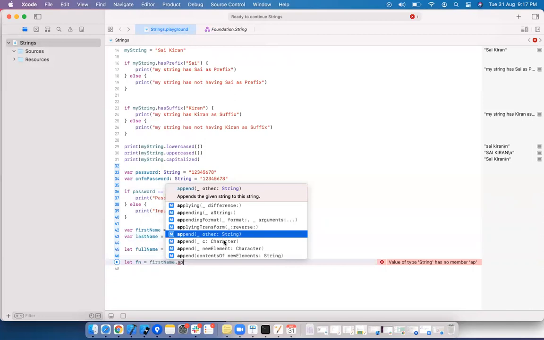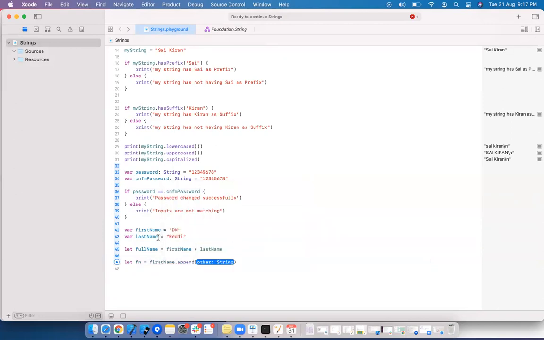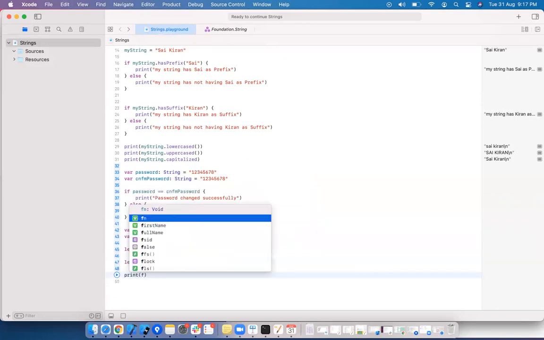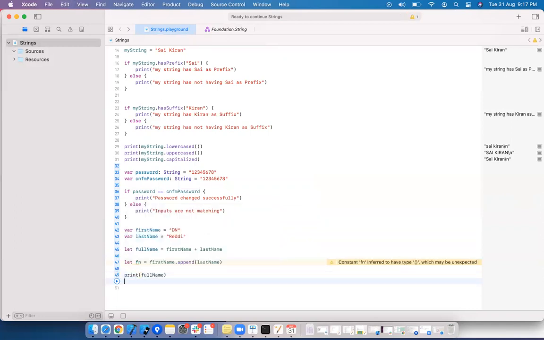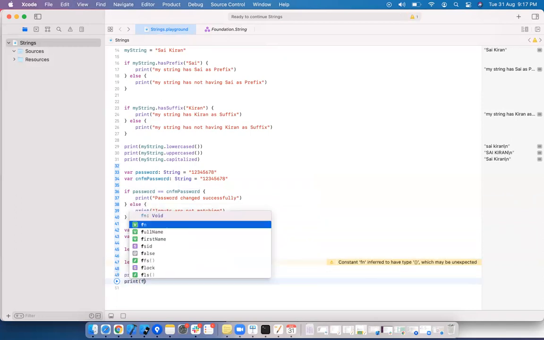So I'm taking this instead of dollars. Here also appending string, it is expecting a string. Here also it is expecting a string, but I want to give last name here. These two results are the same. Full name as well as first name.